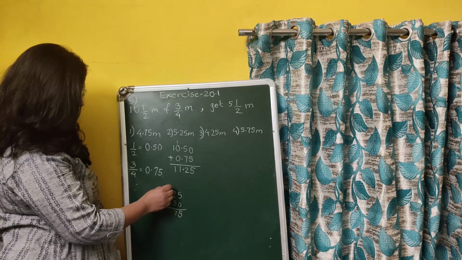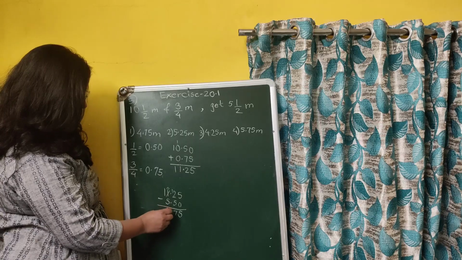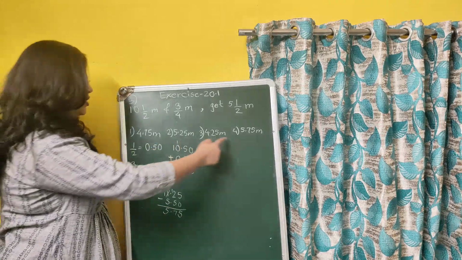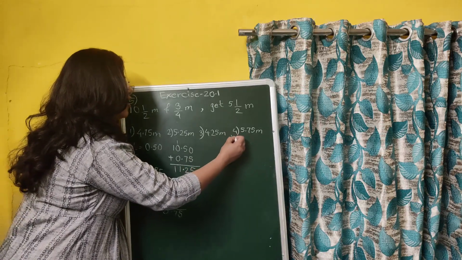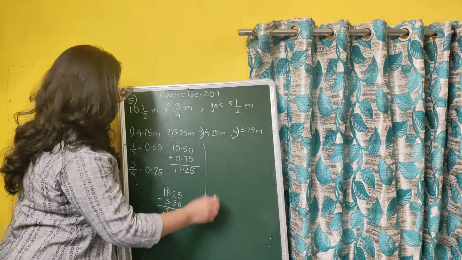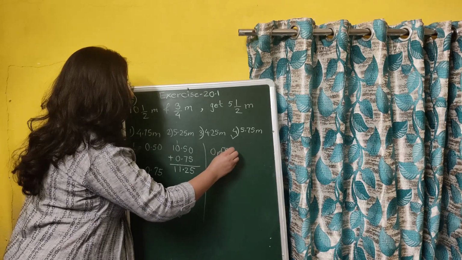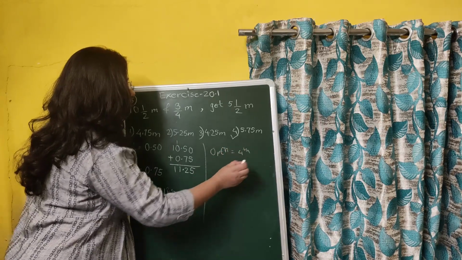Point, here we have 0. 10 minus 5 is 5. So our answer is 5.75. Is it there in the options? Yes, it is option number 4. Option 4th, that is